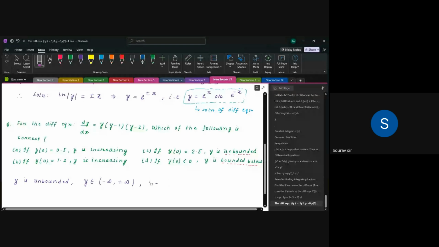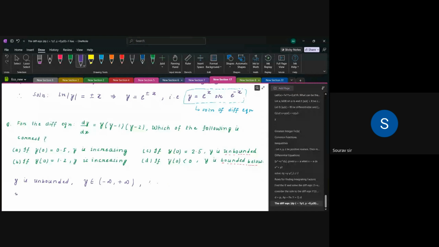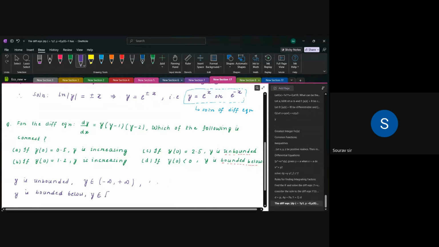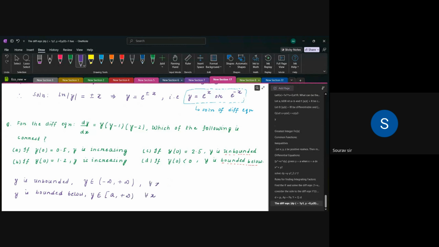and when I'm saying that y is bounded below, that means the value of y will have a lower bound at some point a for all x. Okay, where a is a finite real number. Got it? So for any possible value of x, the value of y will not go below a particular bound or a lower limit. So that is the criteria for being only bounded below. And unbounded means for any possible value of y,